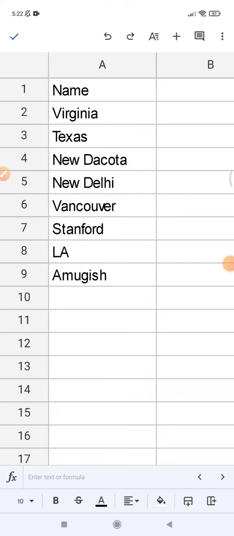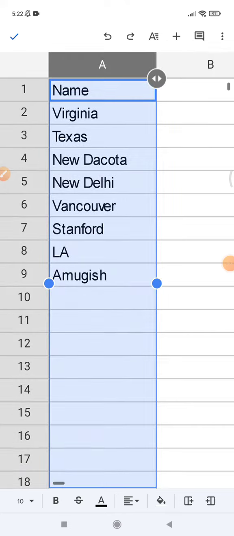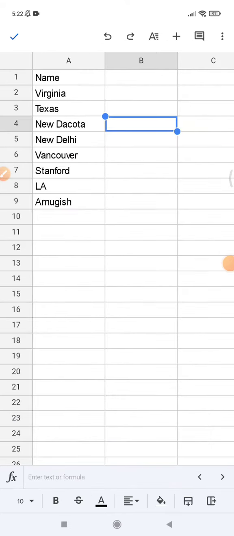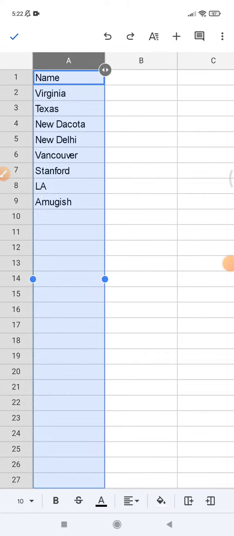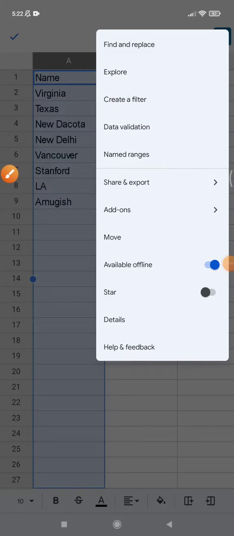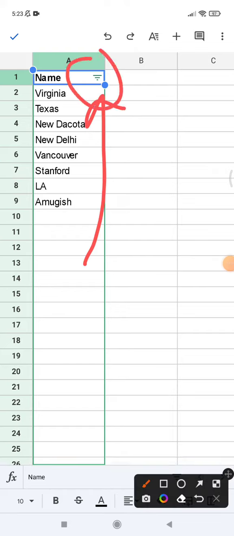So here I already have the data, the name data. Those are just random names I put in for this example, and I want to sort them from A to Z. First I have to click the A column and then go to this triple dot, and then I have to create a filter. After I create a filter, I click this upside down triangle here,